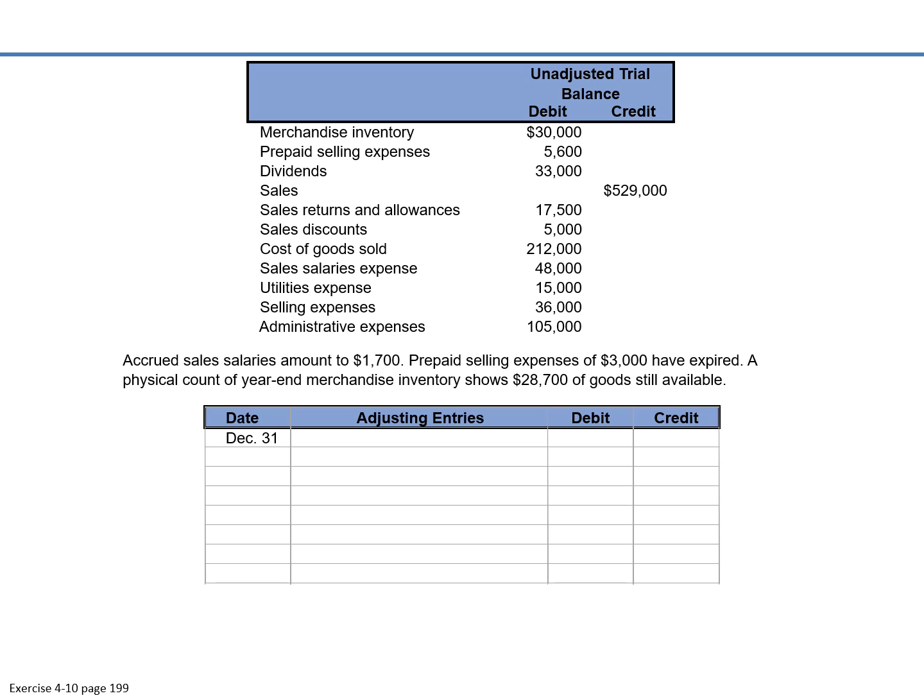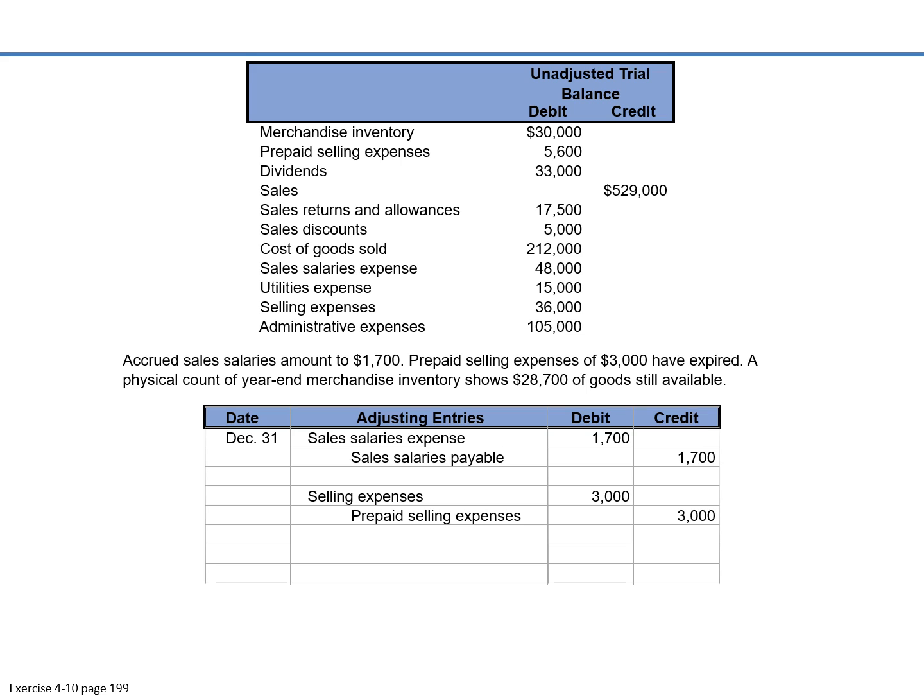So for our adjusting entries, we need to accrue our salaries. So we're going to record sales salaries expense with a debit of $1,700 and salaries payable with a credit of $1,700. Prepaid selling expenses that have expired are $3,000, so we need to record selling expenses of $3,000, debit, and then we need to reduce our prepaid selling expense asset account by $3,000,